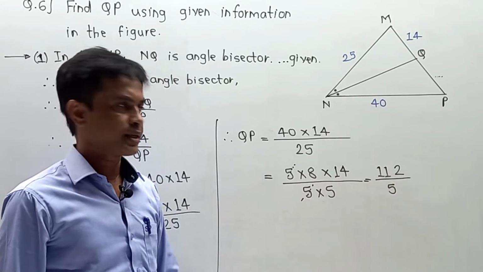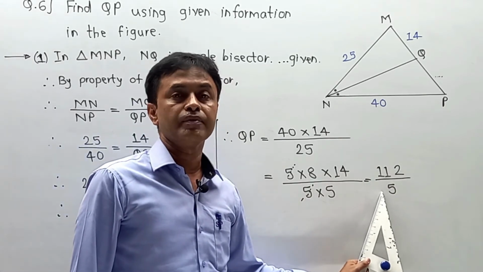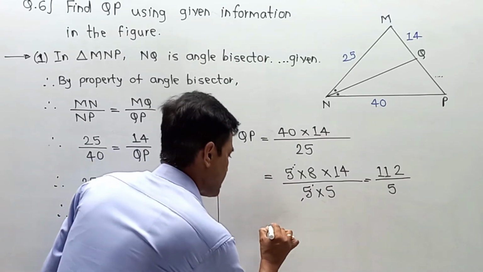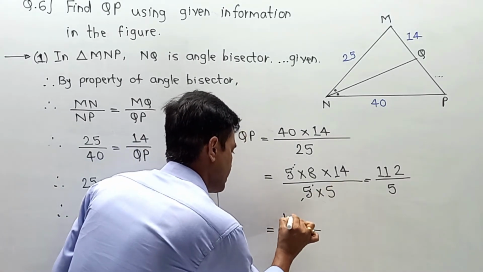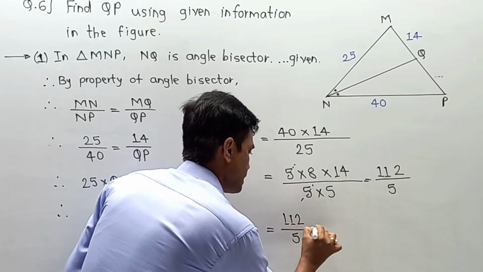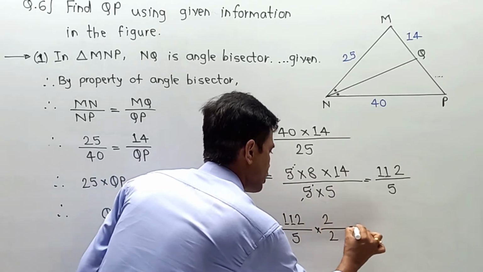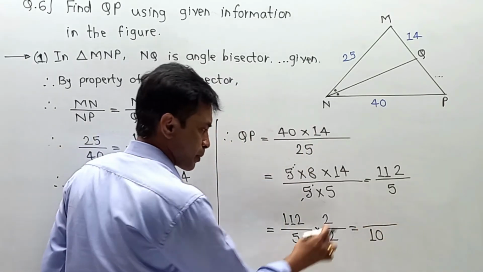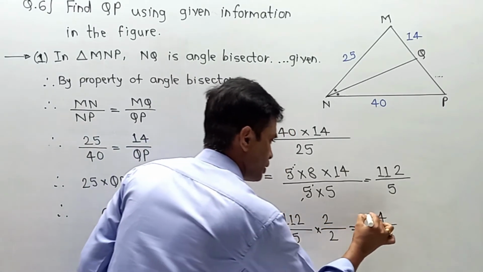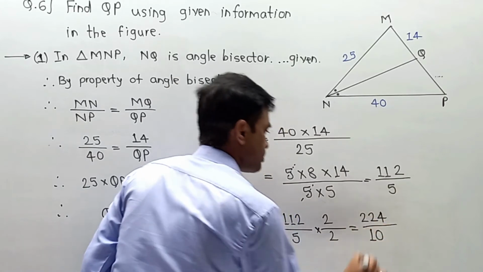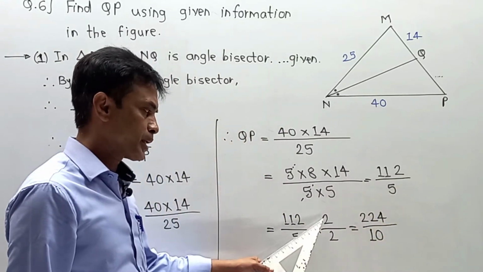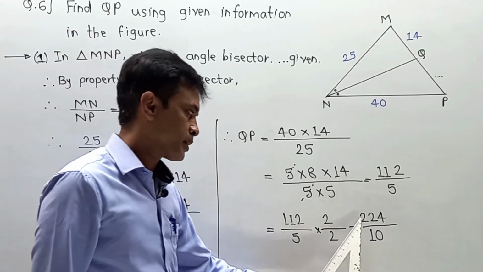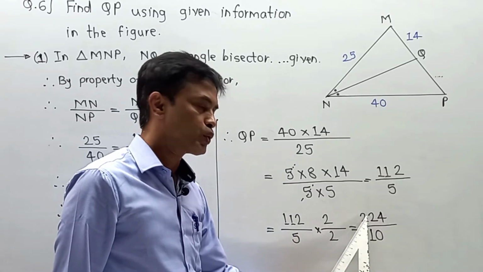Else there is another technique that is applicable only when the divisor is 5 or 2: convert it into 10. Here I am going to show you a trick. 112 divided by 5: instead of making a division I am going to multiply the numerator by 2 and the denominator by 2. Why 2? Because 5 into 2 simply gets converted into 10. Now a simple product: 2 into 2 is 4, 2 into 1 is 2, and 2 into 1 is 2. So I have multiplied the numerator and denominator by 2. As the denominator becomes 10, you can simply write the digits, 224 divided by 10.